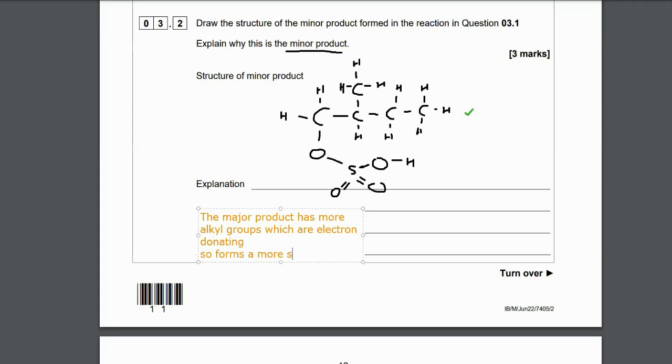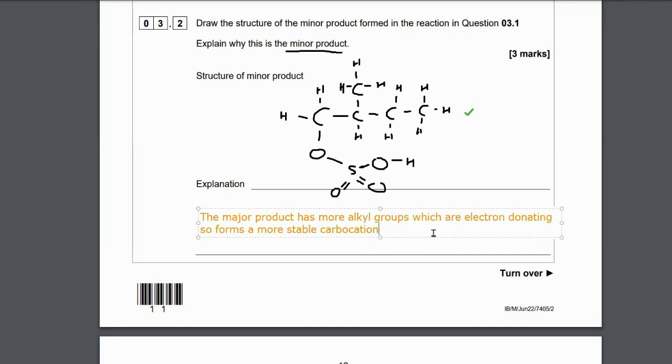Right, the major product has more alkyl groups which are electron donating, so it forms a more stable carbocation. So our explanation is the reason why this doesn't form is because the major product is more stable. It has more electron donating groups, so it forms the more stable carbocation, and that will get you the 2